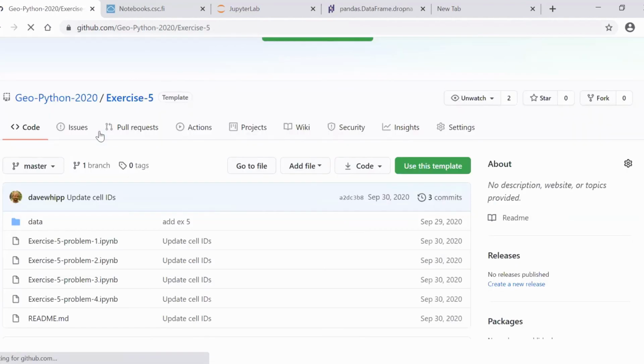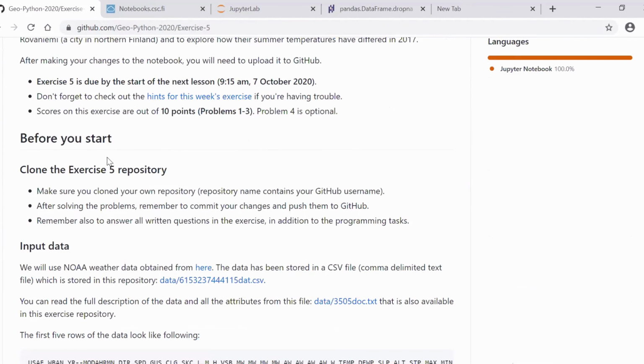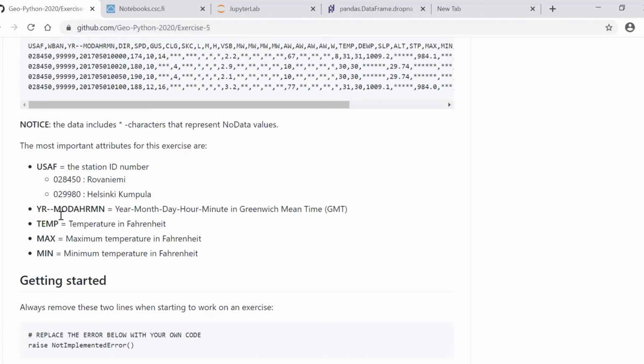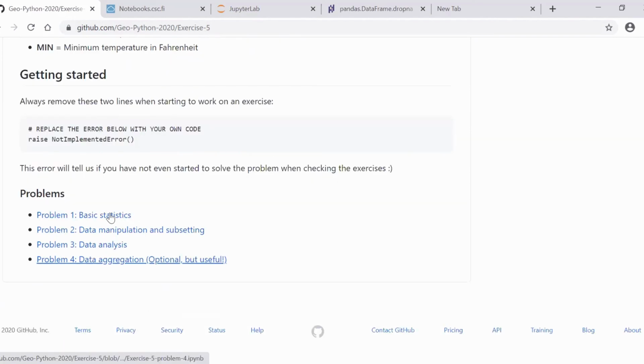In terms of the problems, we have three problems. Oh yeah, the relevant columns are listed in here. The problems again repeat what we did today during the lesson: basic statistics, subsetting the data, doing a bit further analysis and saving output files. And then the fourth problem is optional. In fact, we will cover the topic of the fourth problem next week. So it's a good idea for you to read the Pandas documentation on your own and see if you can grasp the idea of data aggregation